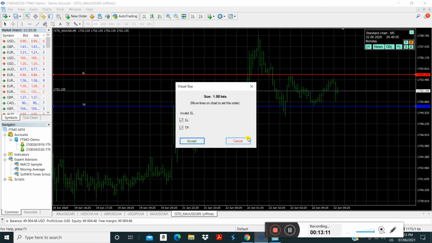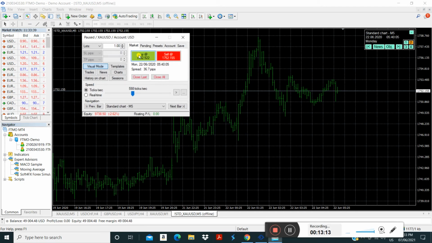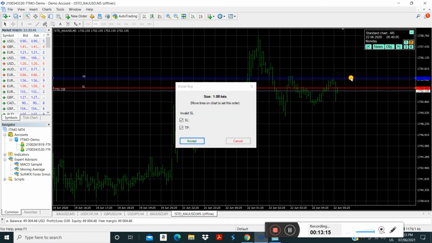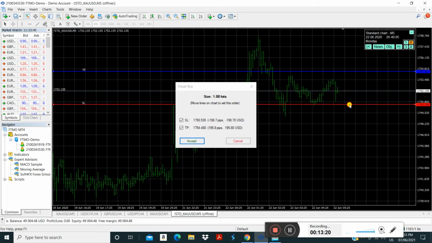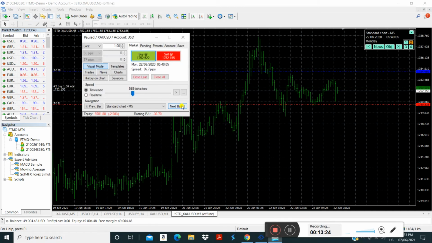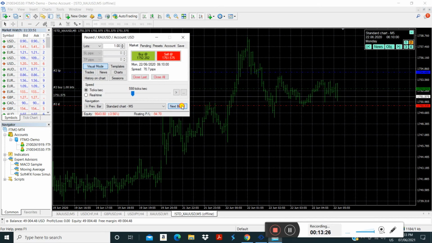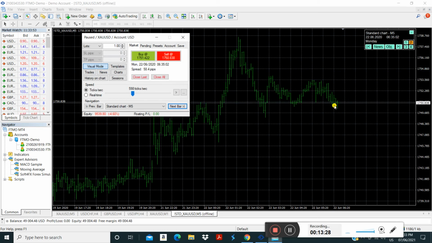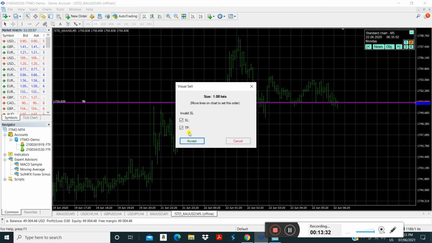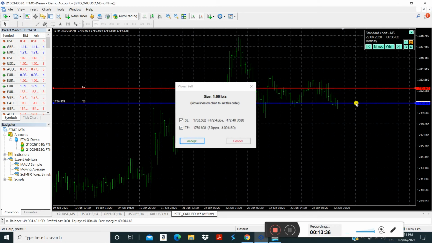So I buy here, TP is here, stop loss is here. First you set both of them and then click on accept, next bar, next bar, next bar, next bar, next bar. My SL is hit again, and then I can just sell here, let's suppose, and place my stop loss here, my TP here.